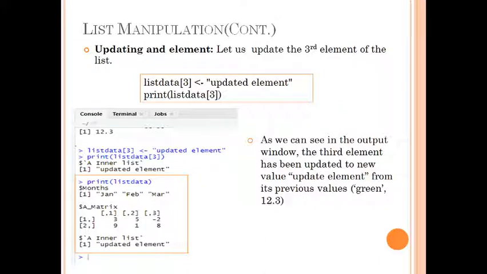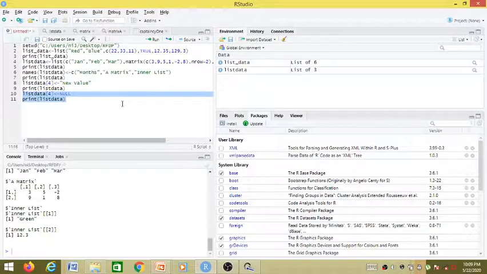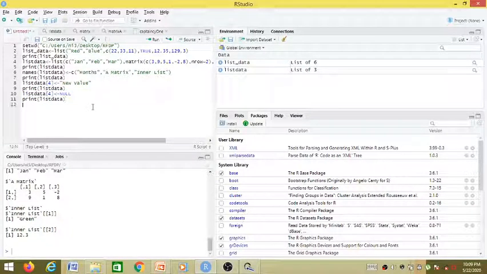In a similar way, we can update a list just by giving the index of it. So now here we can see in list data at third position, we are providing some new value. If you remember, as the third element of the list data, we have a nested list over there. Now let us check whether it gets replaced with this new value or not after modifying it. So list data, and at third index I want